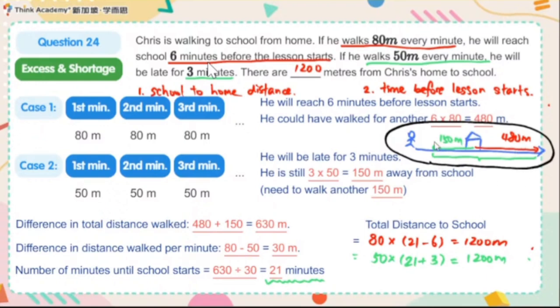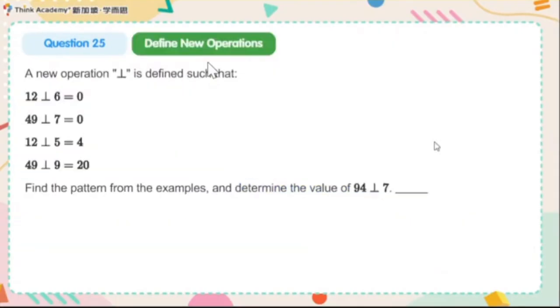All right, so this is question 24. And finally, it's evil teacher time. This question is tailored by teacher Yonglam, to see how many of you could stretch yourself and try this question. It's a new operation that is defined such that 12 perp 6, this is called perp, a name I give to it,